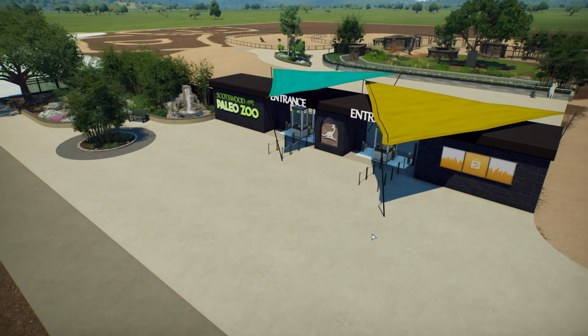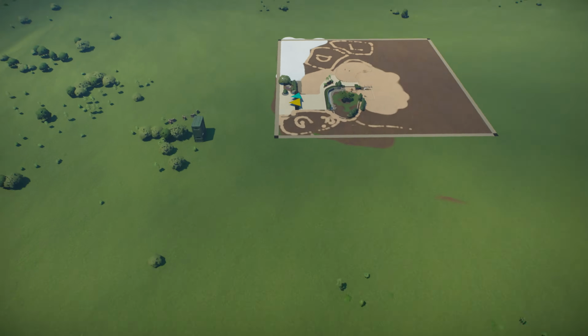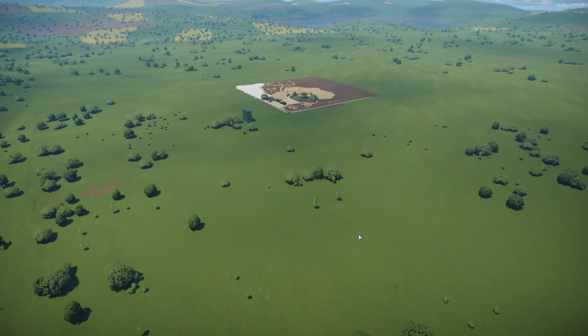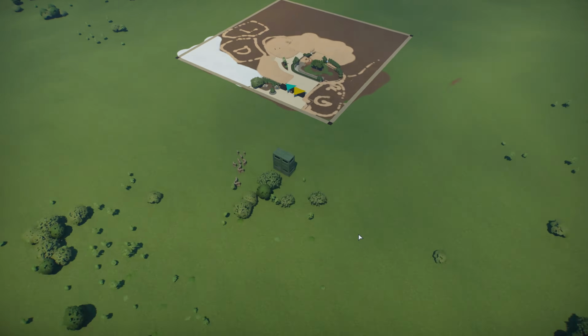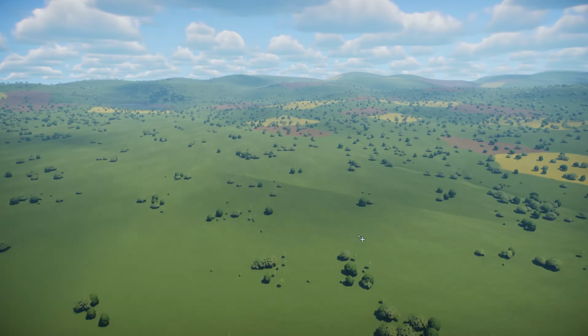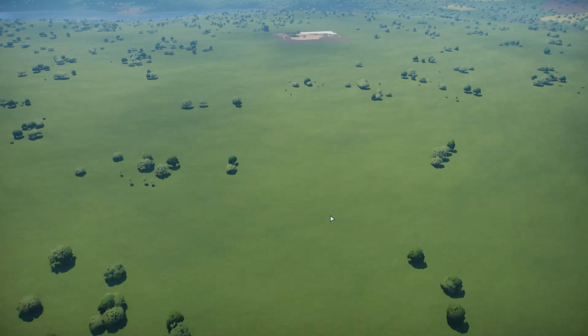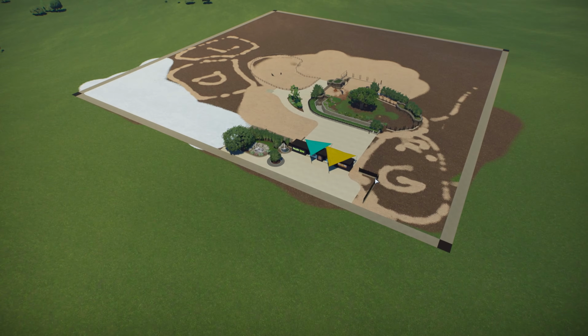But yeah. So to give a brief overview of what I have so far, this is the entranceway to the zoo. It's nice and simple, and you also notice something special about this zoo, or I don't know if it's special per se, but I'm giving myself a set of limits. So essentially Prehistoric Kingdom is known for having extremely large maps, which are all fun and dandy to build on, but in this zoo, I'm challenging myself to only build it within this amount of space